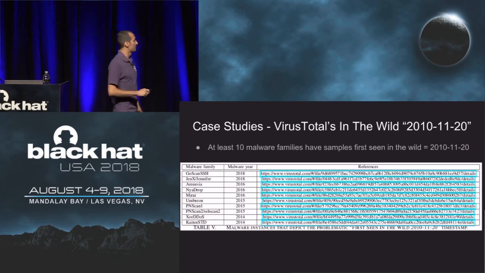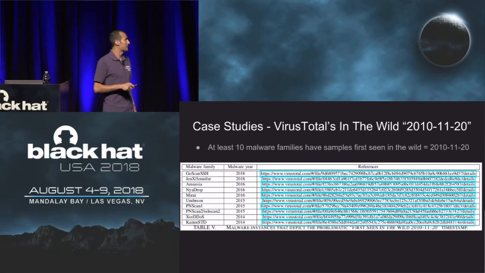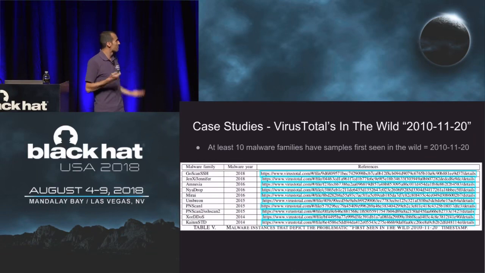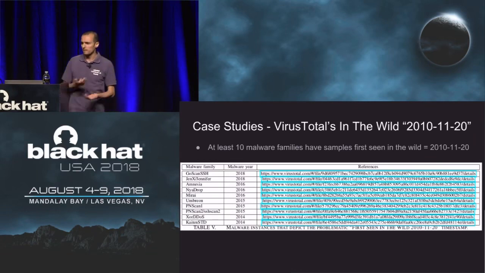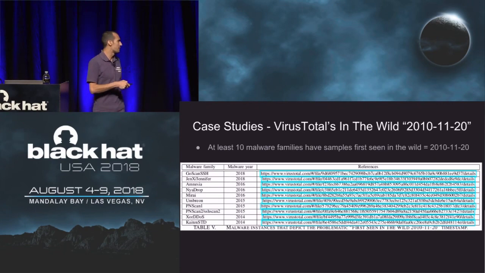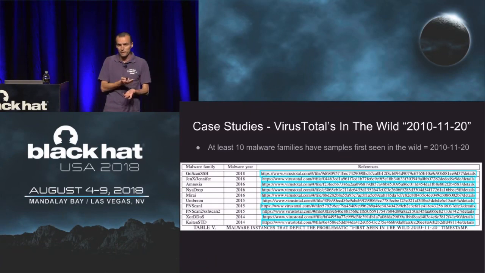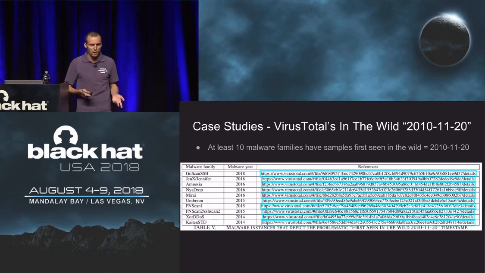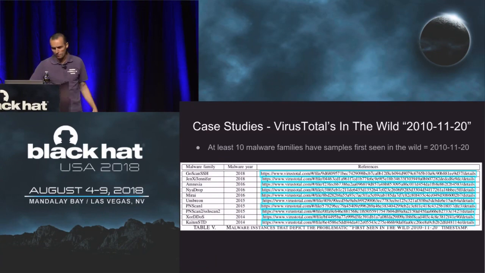However, reality is a bit different, and we found at least 10 different malware families that have first seen in the wild strangely set to the same date. It doesn't make any sense that unrelated IoT malware would have exactly the same first seen in the wild date. And moreover, some of these samples are pretty recent, they were discovered, analyzed or developed pretty recently, 2018, 2016, so it doesn't make sense. There's no time travel. It doesn't make sense that there would be samples in the wild in 2010, exactly on the same date. We followed up on this with